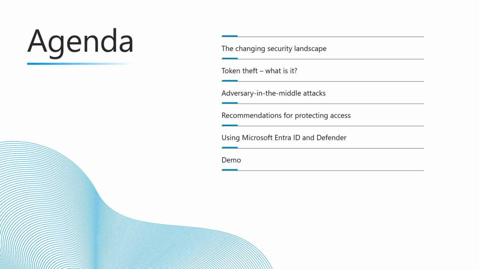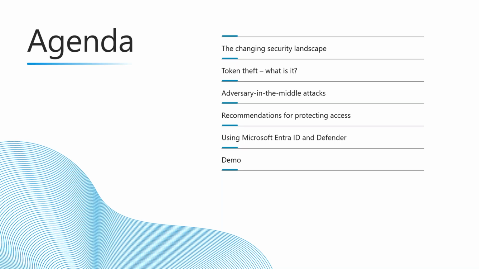So we'll talk about token theft, what it is, adversary-in-the-middle attacks, some recommendations, and using Microsoft Entra ID and Defender, and then we'll go into a brief demo highlighting a typical attack story